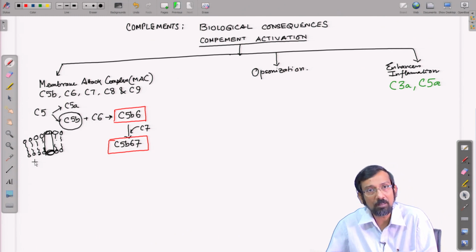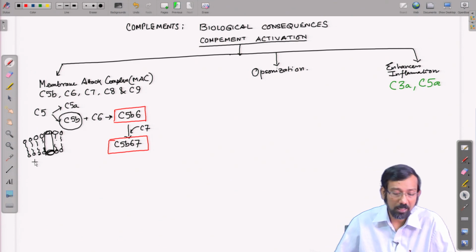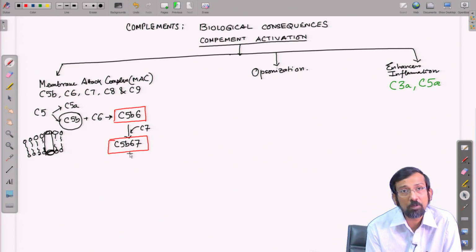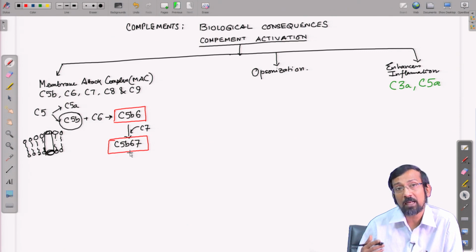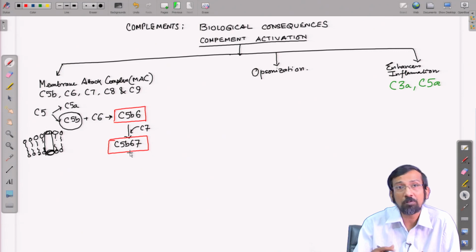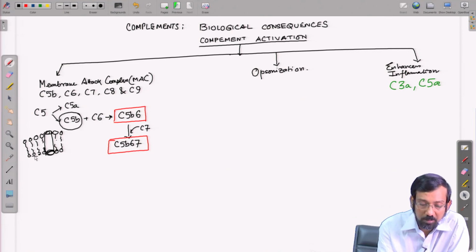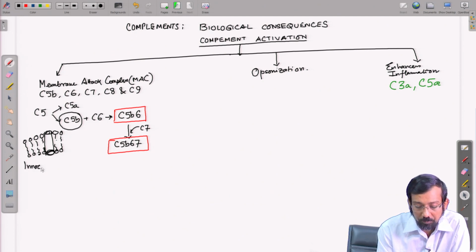That can happen when this C5b6-7 is already formed. And once C5b6-7 is formed, it can go and get inserted into the membrane of a nearby cell which is not the target cell, and this phenomenon is sometimes described as innocent bystander